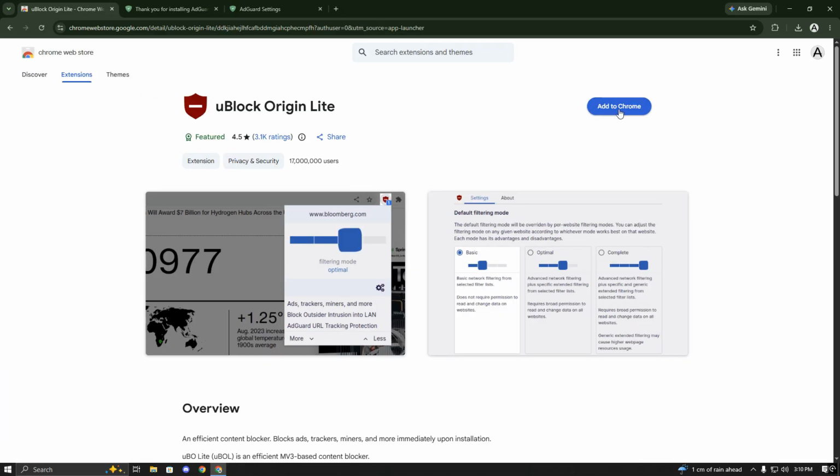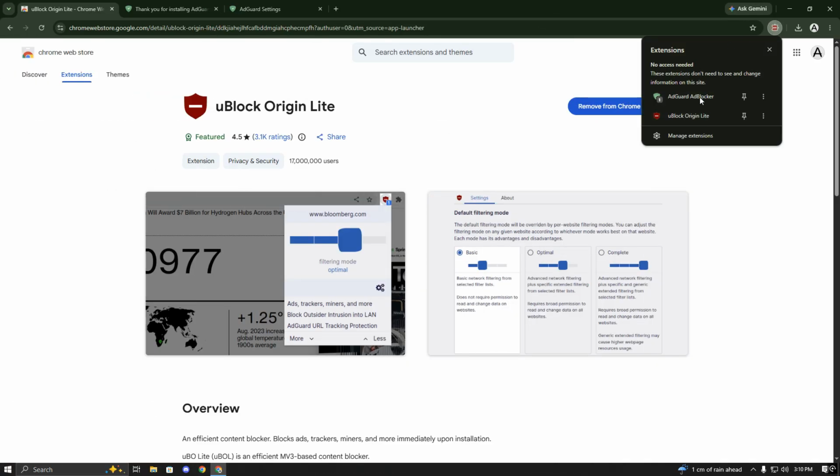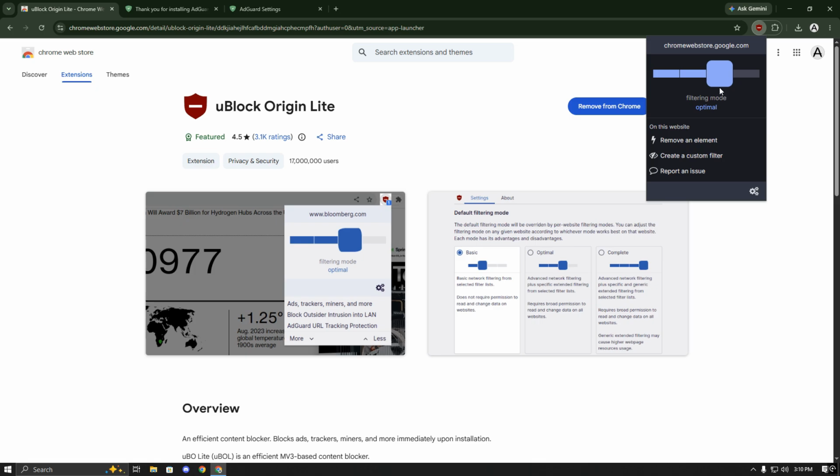You can also try uBlock Origin Lite, which is a lightweight and effective ad blocker. After installing it, open the extension and adjust the settings based on your preference. Give both extensions a try and let me know which one